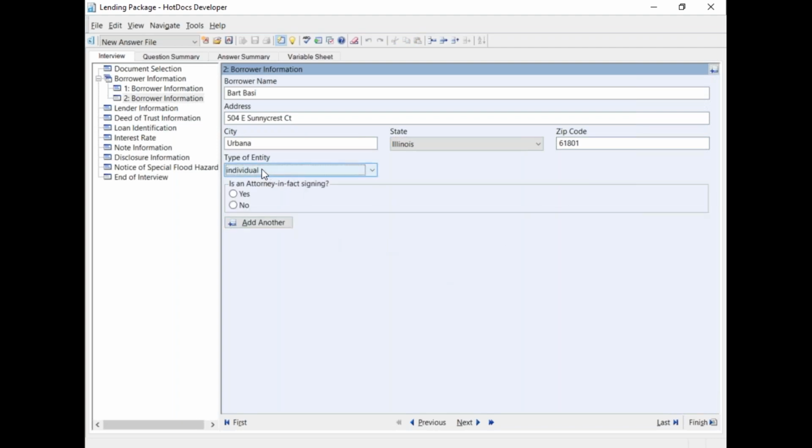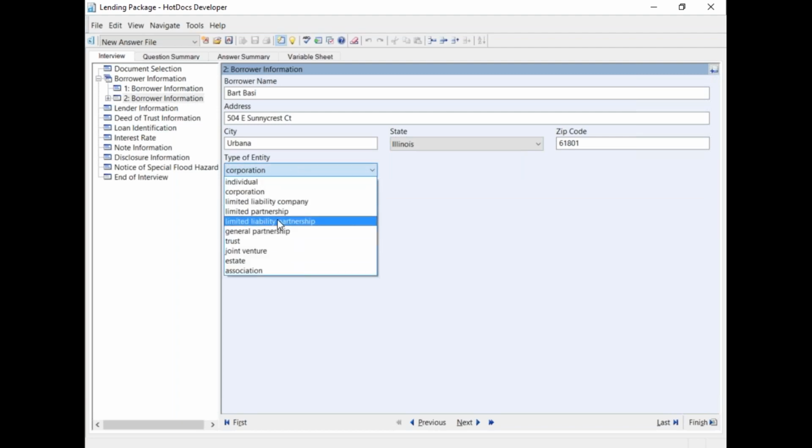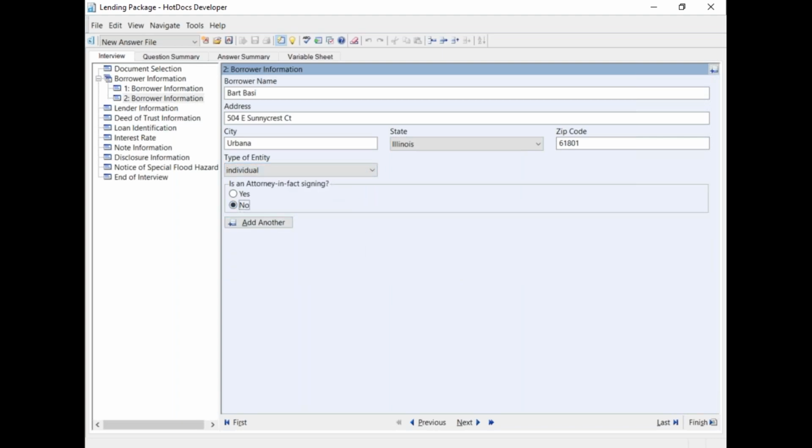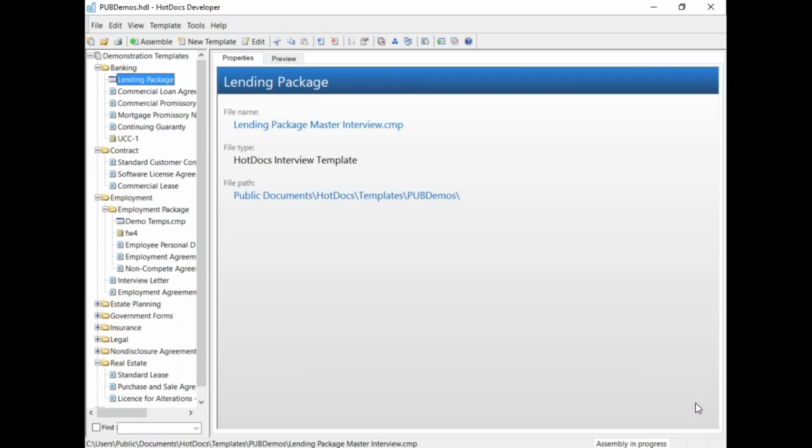Put myself here because I'm going to be another borrower. And you'll notice that when I went to type of entity and I made a selection of individual, that spawned an additional question here. If I then change my mind and decide that I'm a corporation, changes the additional question. Depending on what you say will determine what the interview does next. It is a dynamic and intelligent interview. I'm not going to add a third, and at this point I'm just going to come down here and say